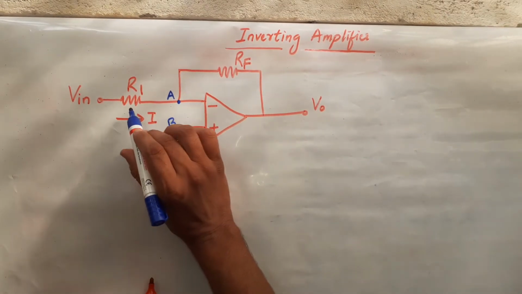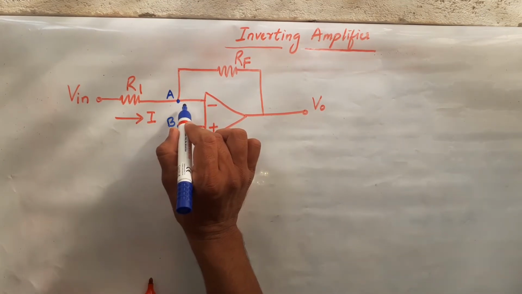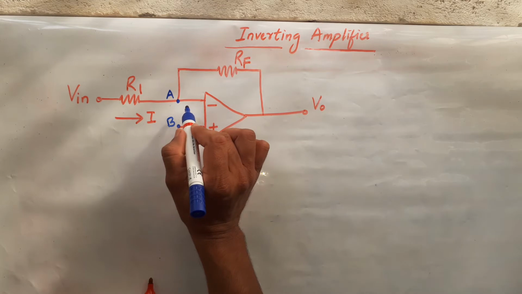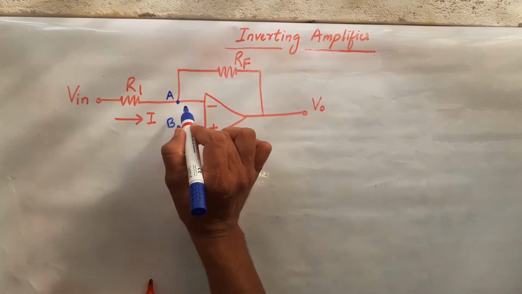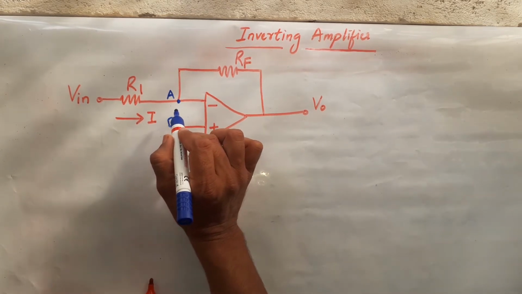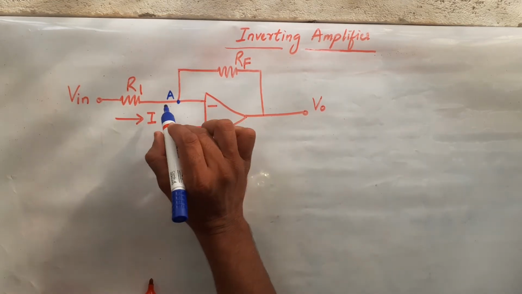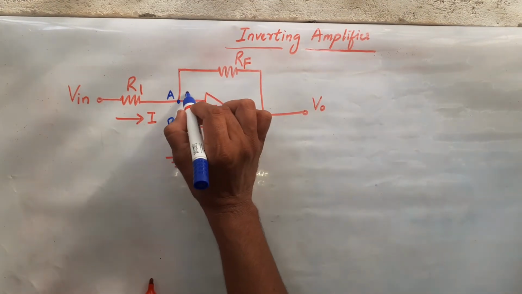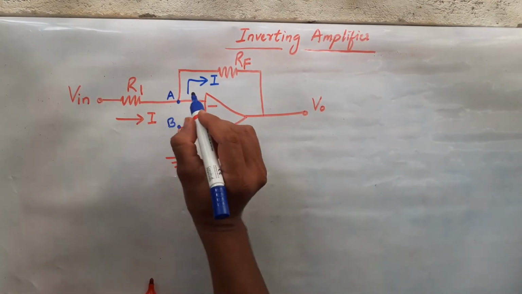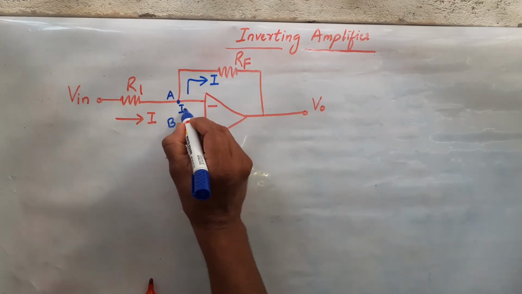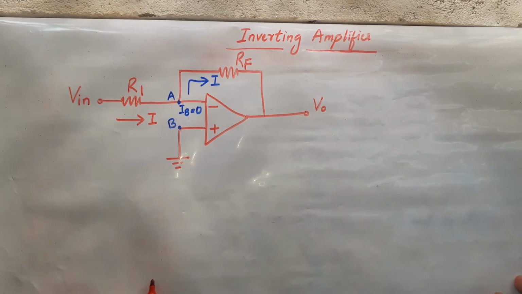Here when this current I comes here, this current I will not flow into your op amp. You know why? The reason, op amp will not allow any current to flow into it because it offers very high input impedance, right? Ideally it should be infinite. So whatever current comes from the source, it goes here, this is here I. Same current should flow there. The current flowing here is IB equal to 0.